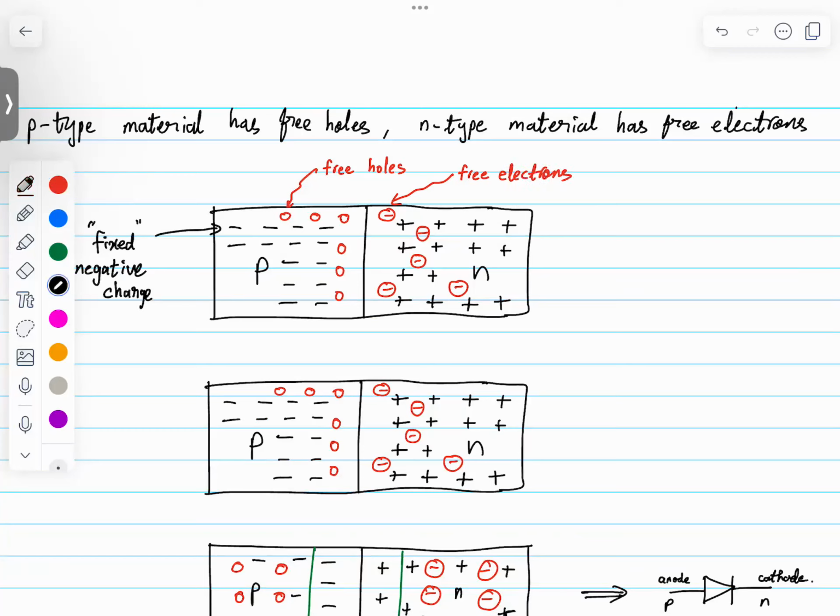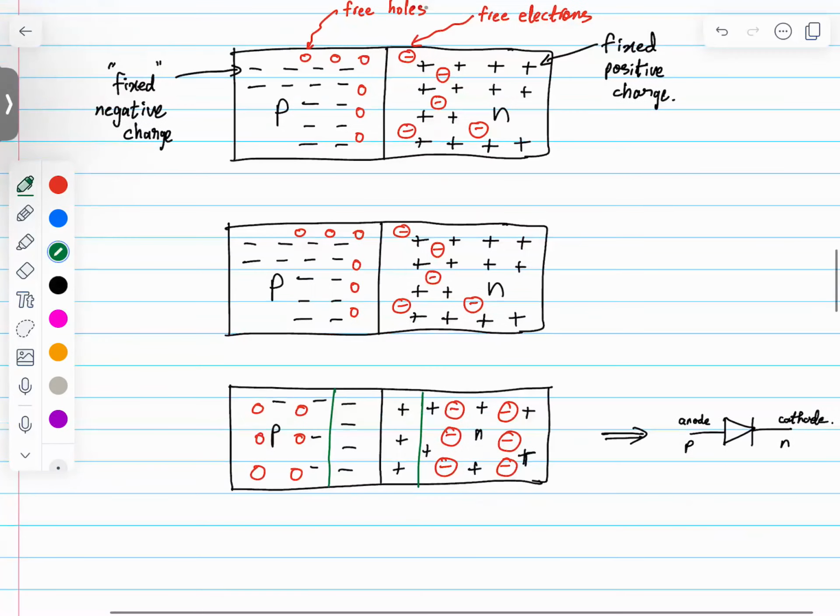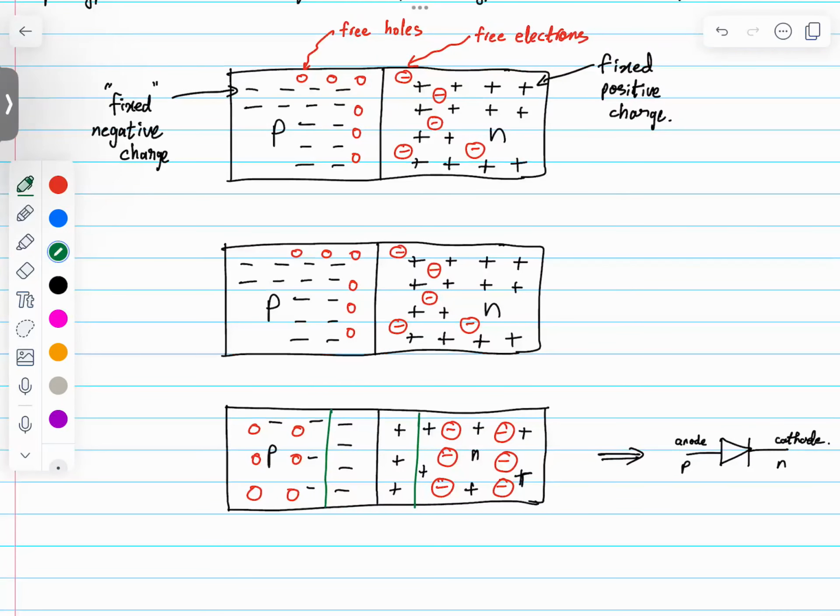But then there's also fixed positive charges. And I emphasize the fixed part because it's going to play a part later on. So just bear with me for a moment there. Okay, so then in a p-n junction at time zero, let's say when there's a p-type material